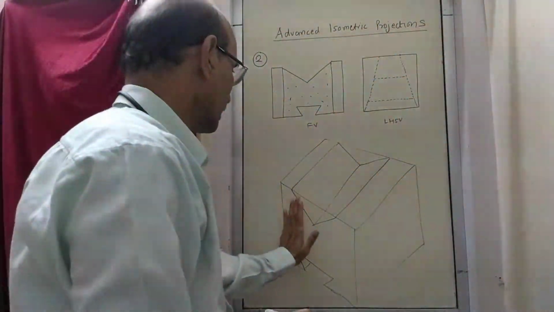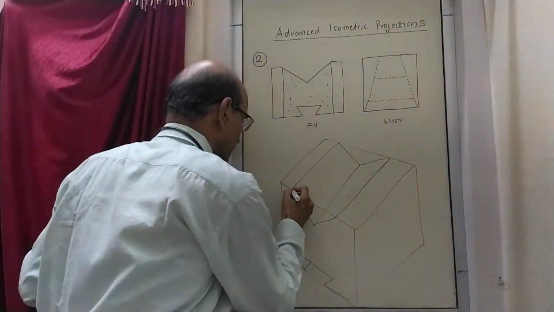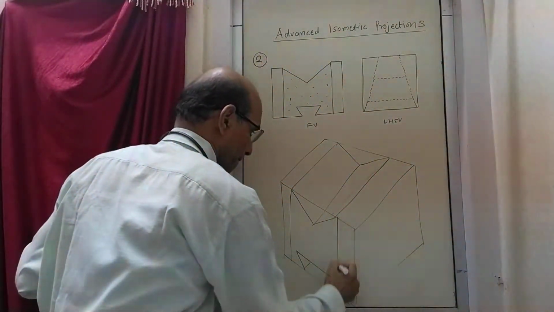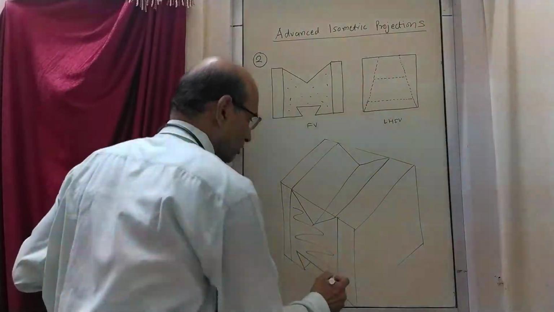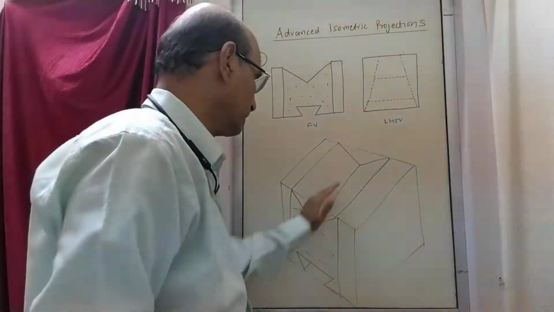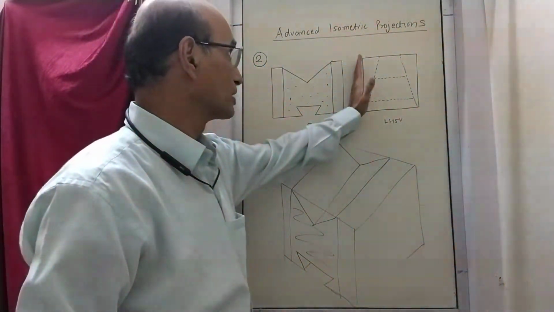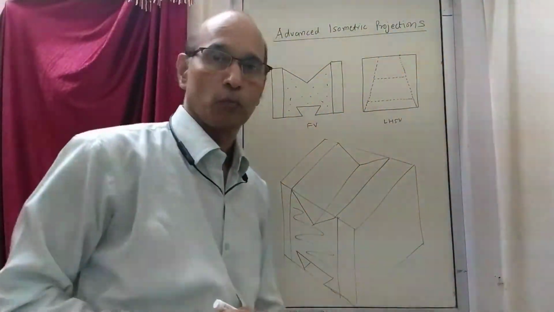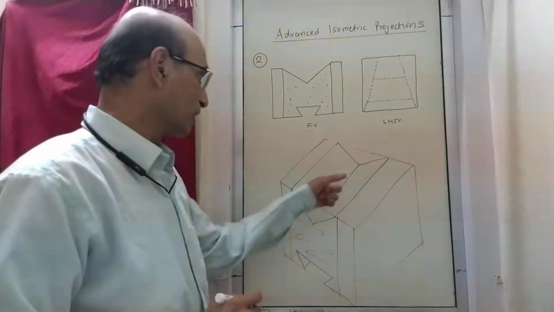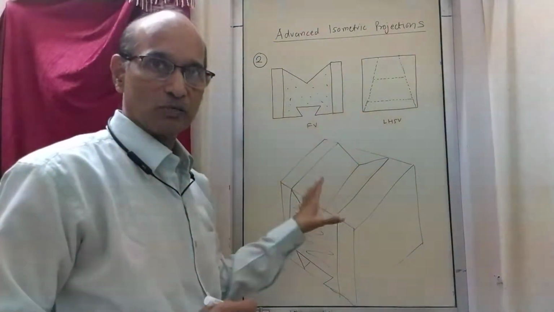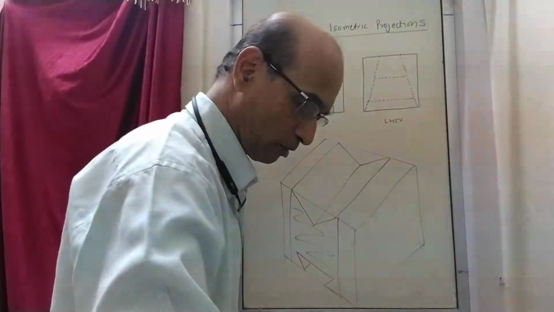So because of this, up to here the surface is straight, and this in-between part, all this middle part, is inclined from both sides. So it has gone inside like this from both sides. If that is the case, how do we draw? That is what is to be learnt here as an advanced exercise.